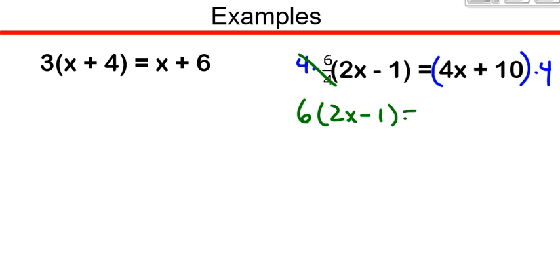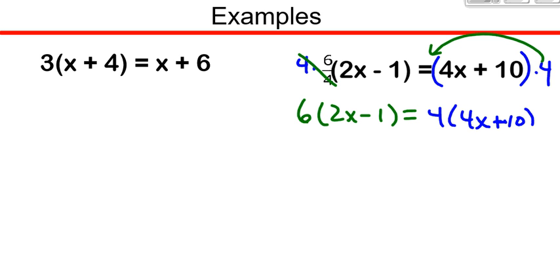And then I'm going to go ahead and move this times 4 out front. I can do that because when you're multiplying things, order doesn't matter. For example, 3 times 2 is the same as 2 times 3. They're both 6. So it doesn't matter if I multiply by 4 at the end or if I multiply by the 4 up front. So I'm going to rewrite that as 4 times 4x plus 10